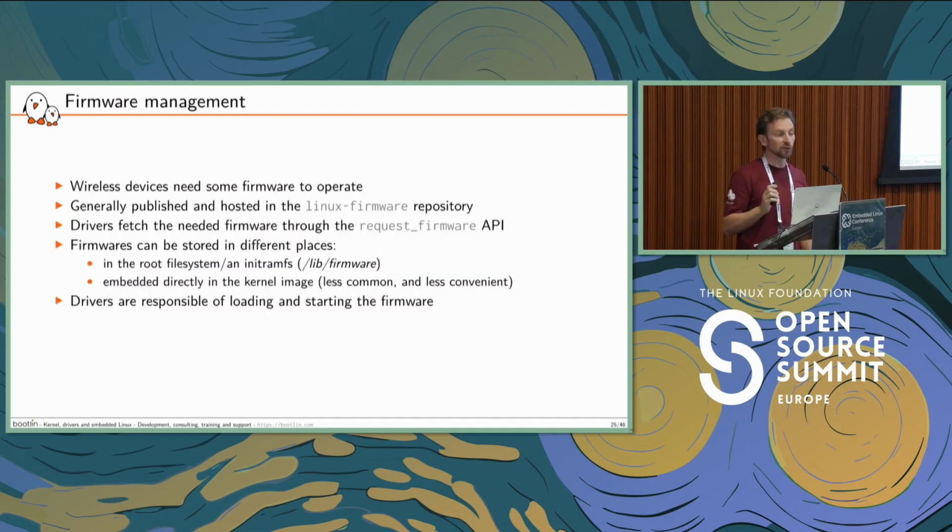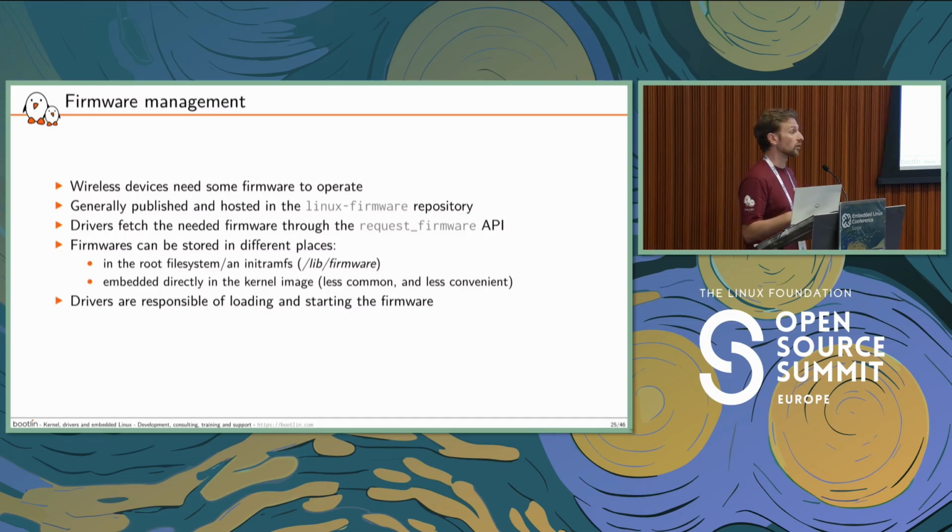However, we can discuss a few additional outstanding features, let's say, that we should consider when writing wireless drivers. First of all, I have mentioned in the first slide that we need a firmware running on our device to operate it. This firmware is, of course, not part of your driver. It is out of your driver. It is out of the kernel, in fact. Most of them are hosted in a standard Linux repository on kernel.org, the linux-firmware repository. So it is up to you as a developer to make sure that the firmware you need is present in this repository, and as a user to install it on your system.